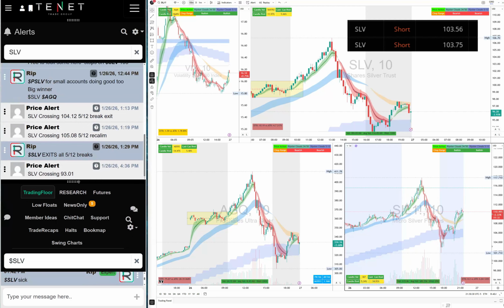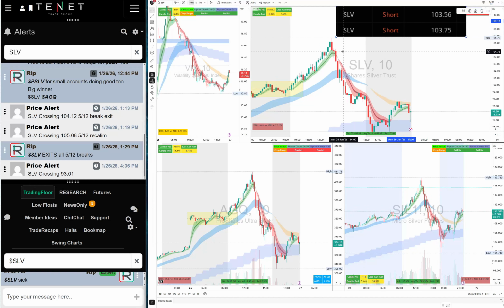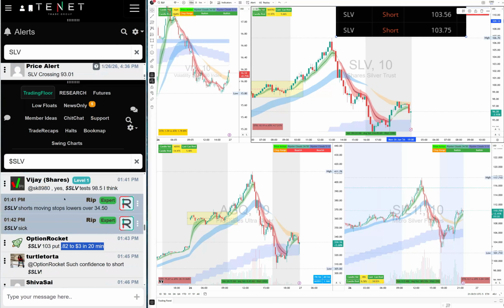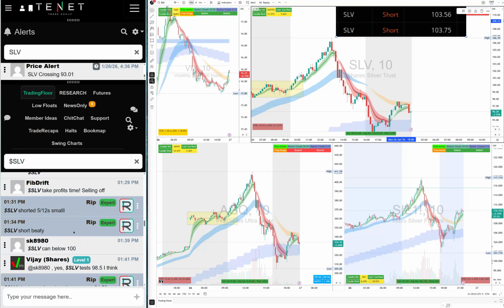Ripster Cloud system is the best trading system in the world. It gives you pinpoint consistency and probability. If it did not break, what would I have lost? I would have covered it over like 105s. Maybe I would have lost $1. But look at that, I made $8 and even more if I held it later. But that was a trade here. You could see my timestamped long guidance, and this was my timestamped short guidance on that silver.